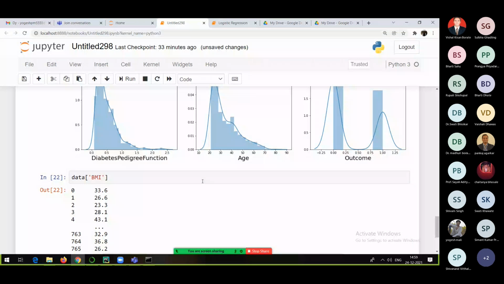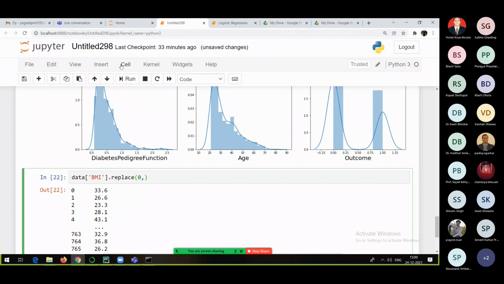Maybe earlier it had NA values, but the client has replaced those NA, missing values with zero. That is the problem. So wherever there is a zero value, we will replace it with the mean of the BMI.